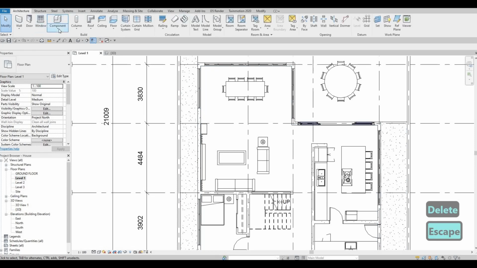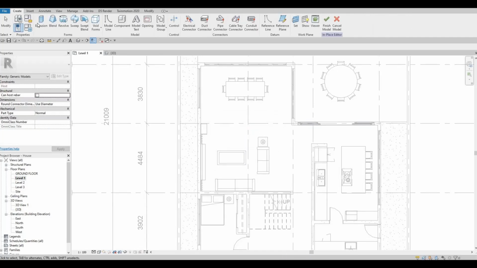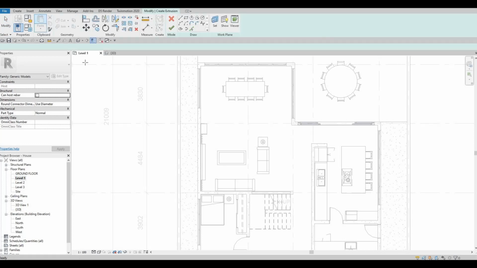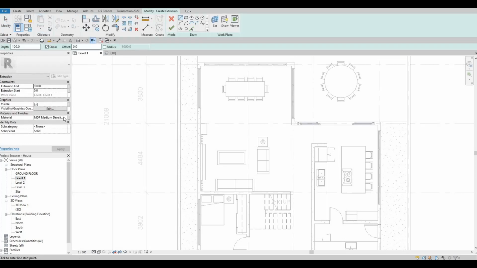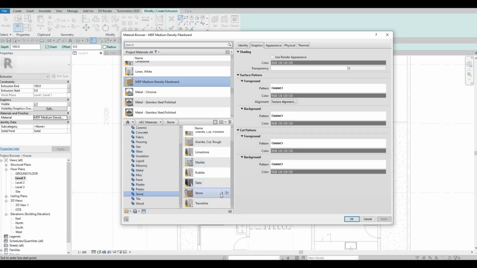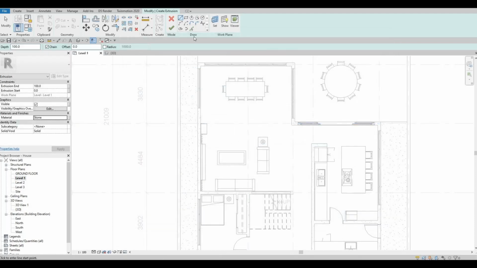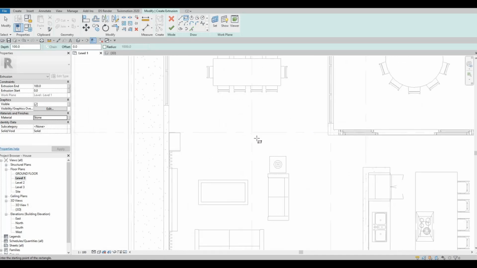So what I'm gonna do is I'm gonna click on model in place again, generic model, press OK, and then here click on extrusion. We're gonna choose a stone material, and then click on stone, and then probably we haven't used this, so that's good. And I'm just going to create something right here in the middle. I think that there's enough space